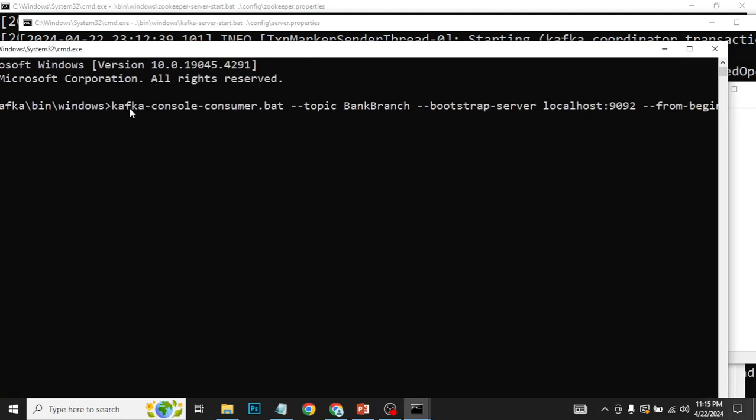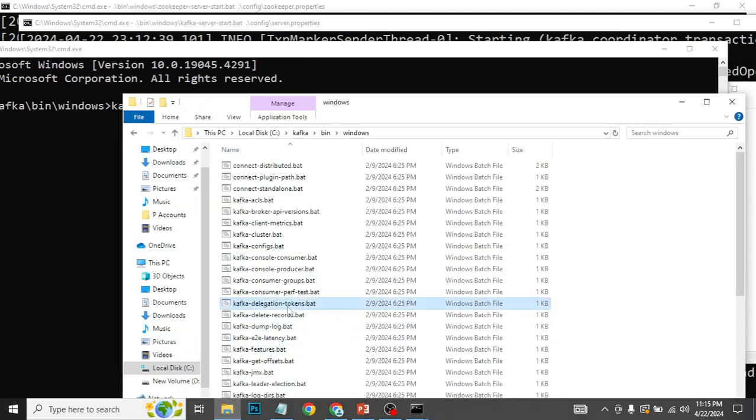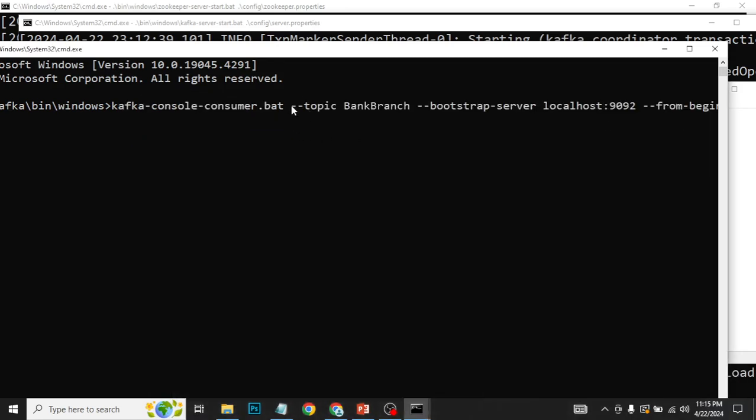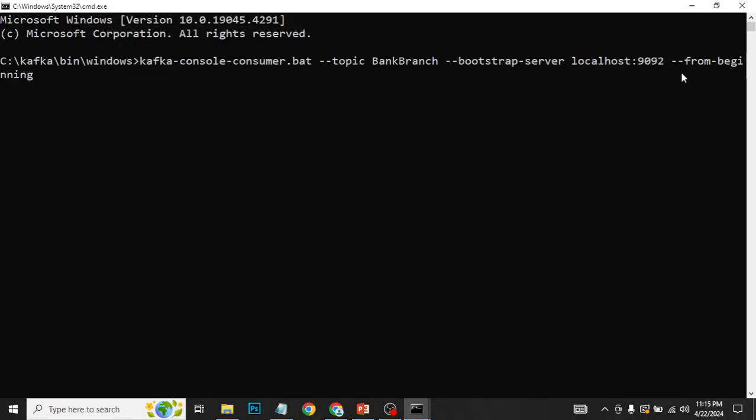It mentions the consumer file name, which is here, kafka-console-consumer, and then we mention the topic name which it wants to consume, and then we mention the bootstrap server, which is localhost:9092, and then we mention this option of